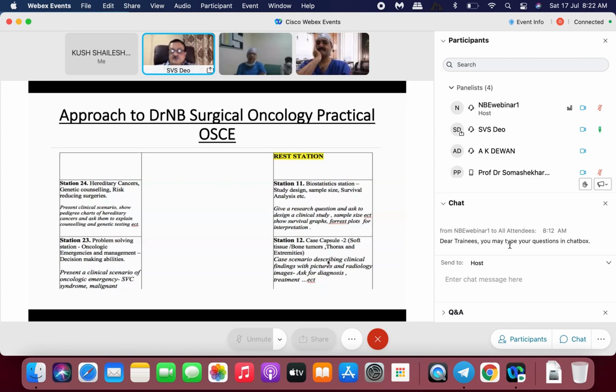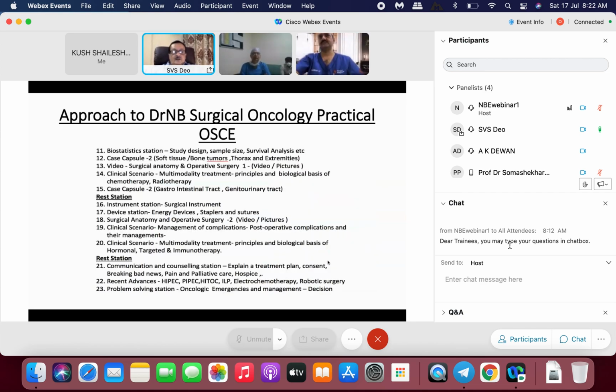Similarly, you can have case capsules related to different tumor areas like soft tissues, head and neck cancer. You can have clinical scenarios. So these are various examples I'm showing you here. Biostatistics, video. We can have a video of the surgical anatomy or operative procedure, clinical scenarios, instruments. You can have various instruments, devices, energy devices, staplers, surgical anatomy, and clinical scenarios, multimodality management. You can have different kinds, the entire oncology spectrum where you need to display your practical skills can be utilized